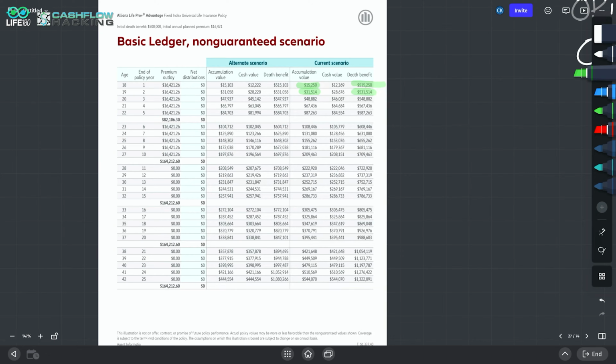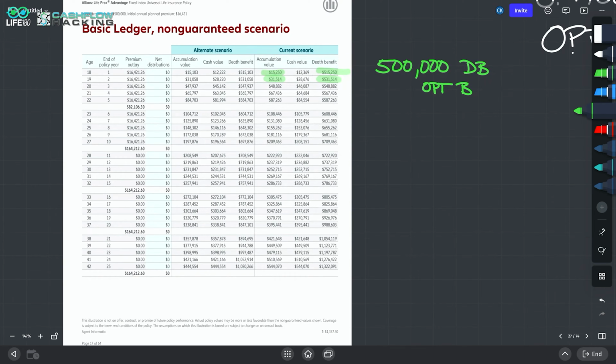So what you have here is a $500,000 death benefit, and you have option B, meaning increasing. That means the death benefit is going to increase by the cash value. Now, why is that important? It's important to understand that Index Universal Life